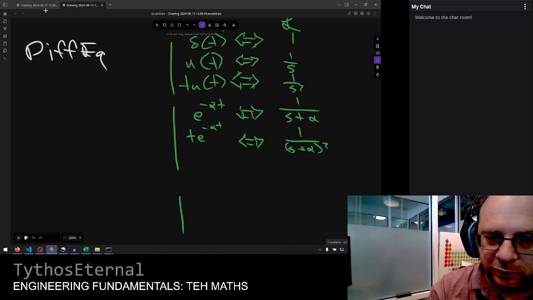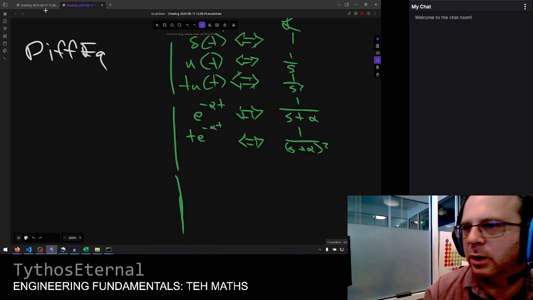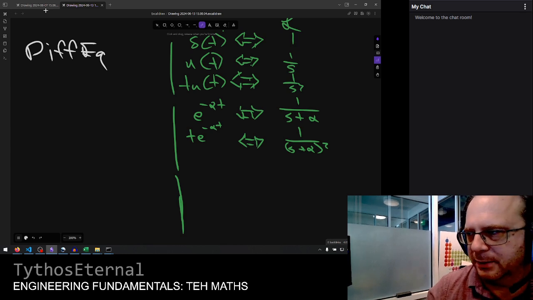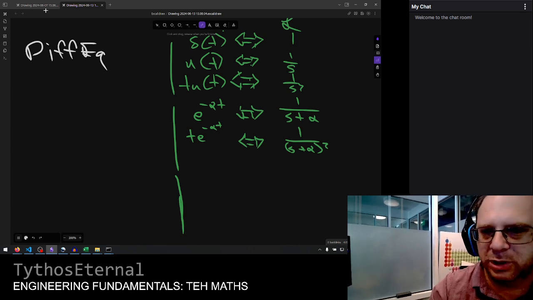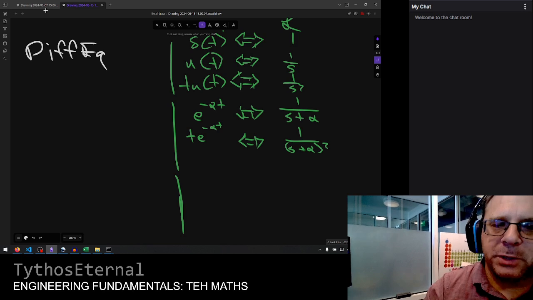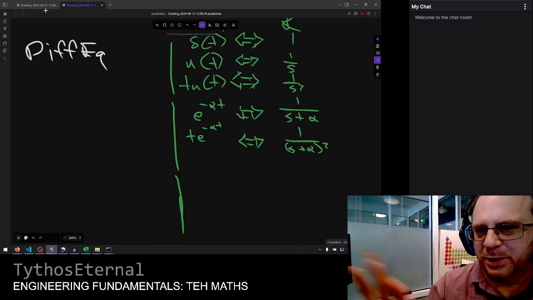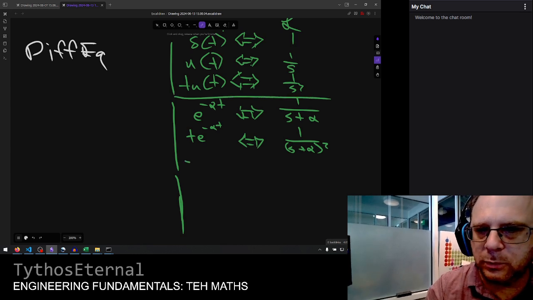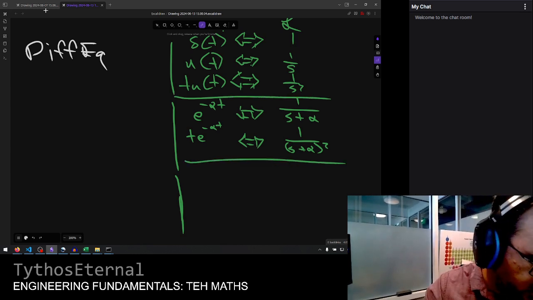But really, if you memorize any of these, because how often do you see a system that has a perfect response like that, right? Even combinations of these aren't going to be particularly interesting. To a degree, there's ways we can characterize exponential, like, okay, great. But the two that you really should memorize,